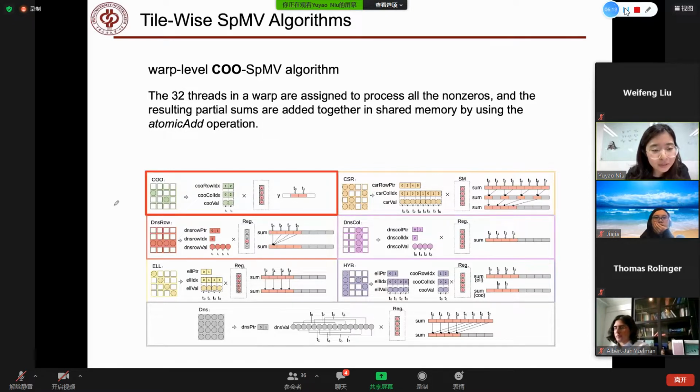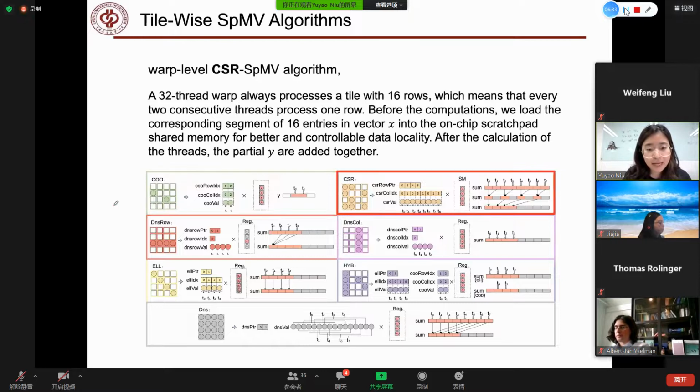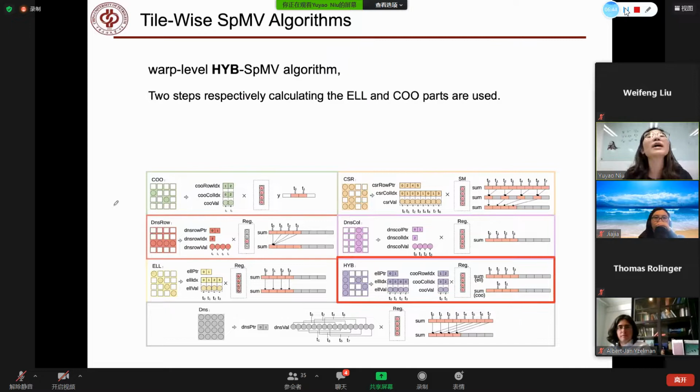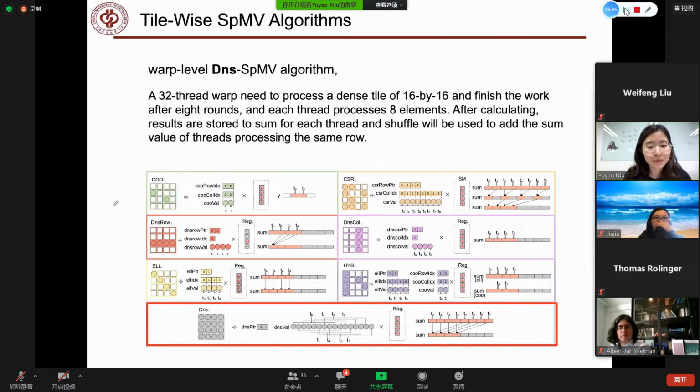We only use 2 threads to process a COO tile because, as we can see, there are only 2 elements in a COO tile. So also we have different optimization strategies for our CSR, dense row, dense column, ELL, HYB, and dense SpMV algorithms to reach